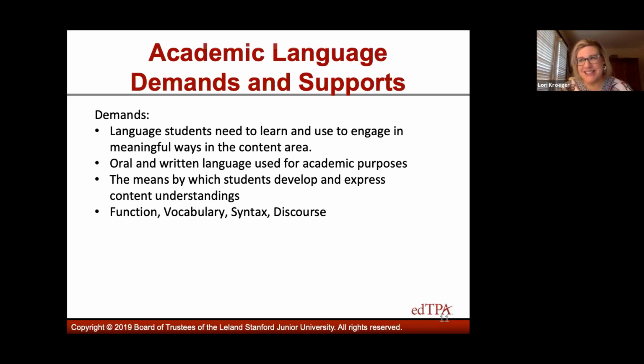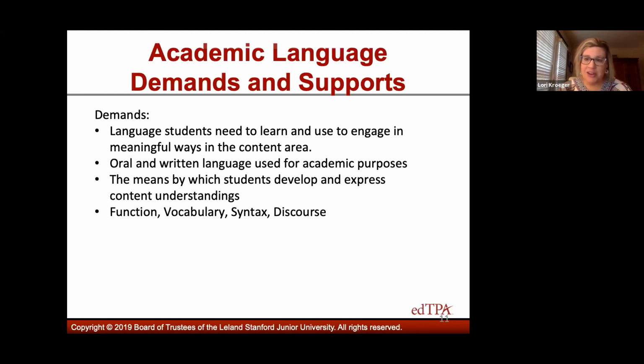Vocabulary is exactly what it sounds like. Vocabulary is both the language of the discipline, right? Thinking that a table means something different in math than it might mean if I'm reading a story. Those could mean different things. It's also, though, the vocabulary of school, right? So what does it mean to define? What does that word mean? What does explain mean? So it can be the language of school as well.